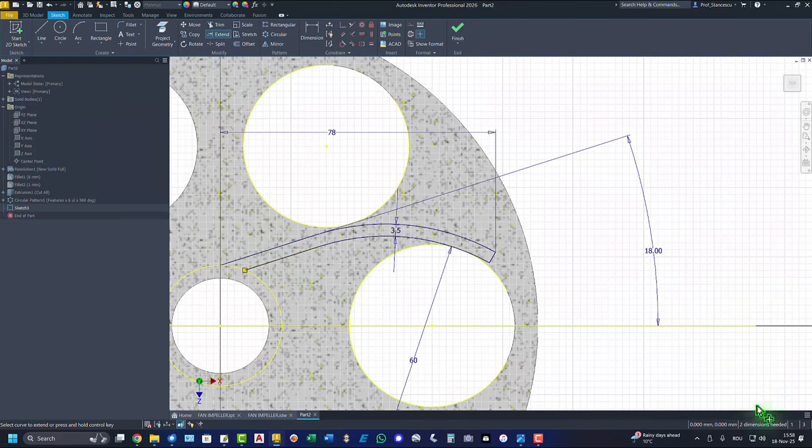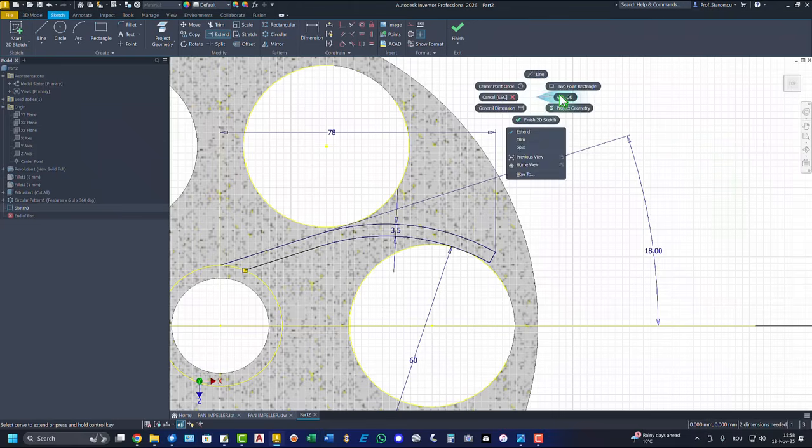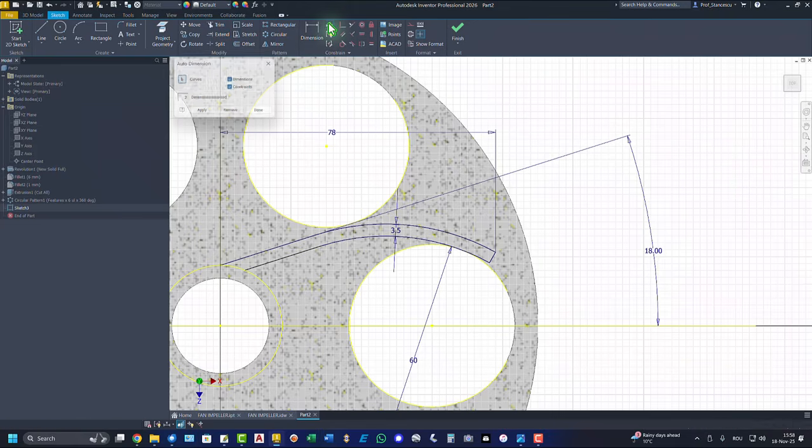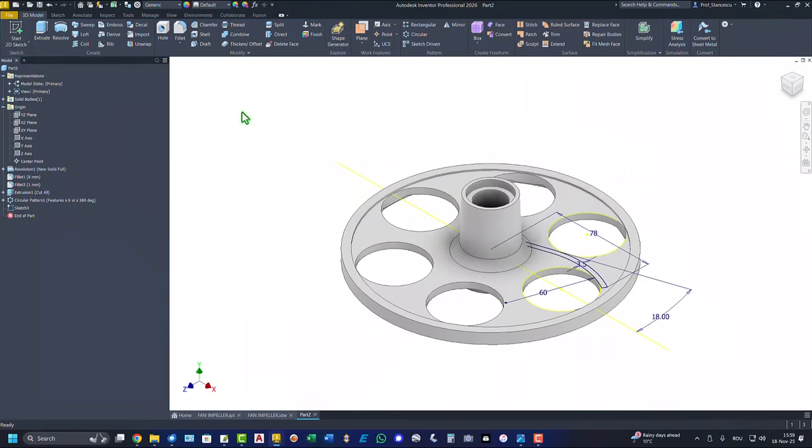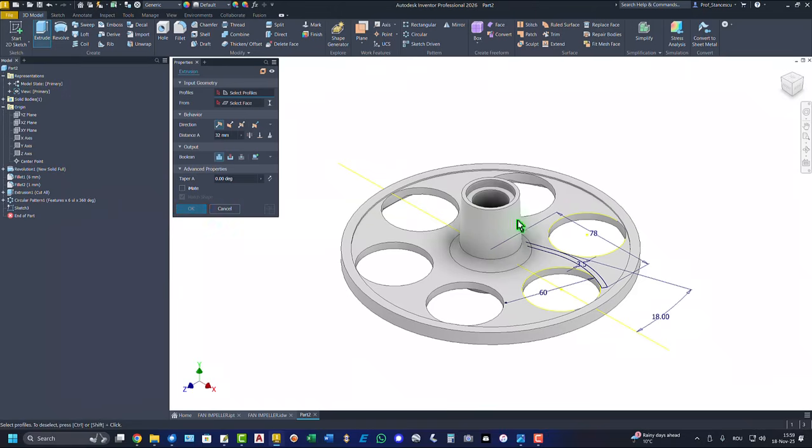We still have two dimensions, maybe tangencies or something like this. Apply parallel and tangent. I use remove, but nothing is removed because these are constraints. Good. Finish sketch, extrude,